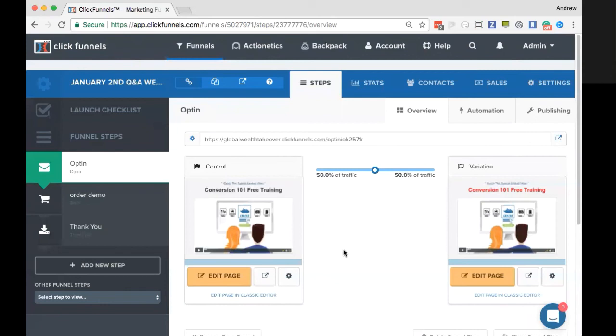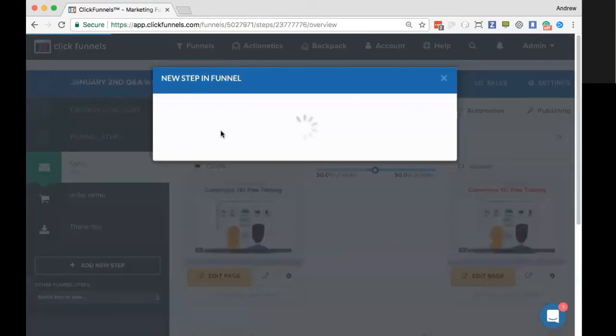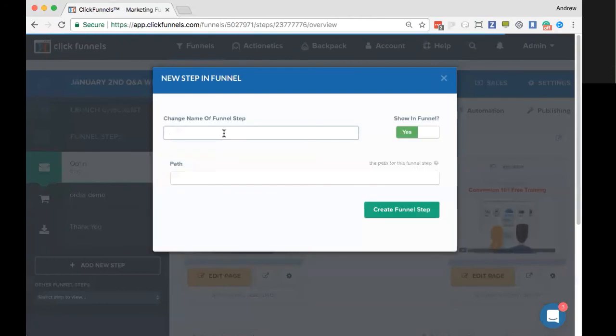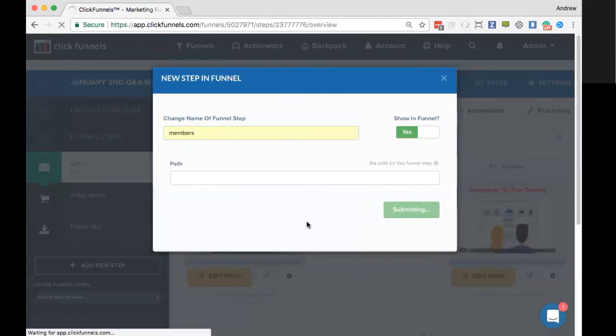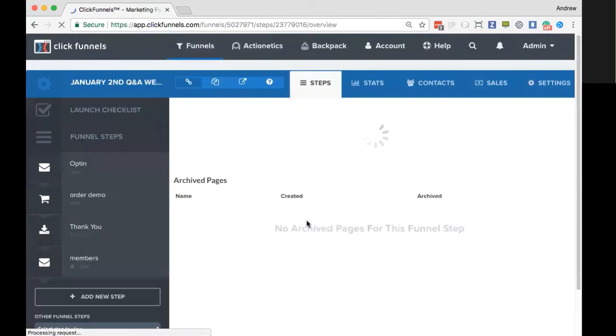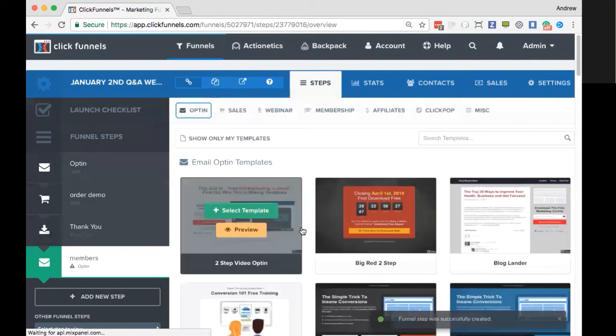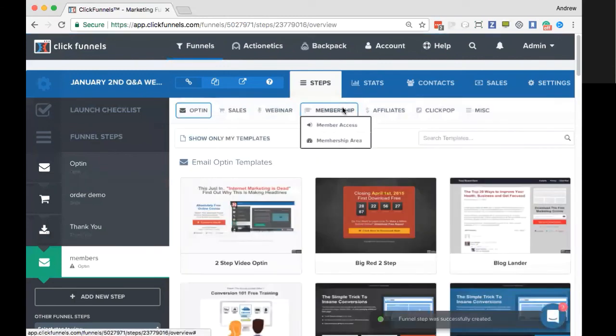If you wanted to upgrade them, my personal opinion would be to add another level in your membership area, just by creating the next step up, and then they can increase their payments. So if you go to a members area here, I'll show you how that would be set up. As far as getting their payment details, you can actually set up a one-click upsell inside of your members area where they click on that and it will charge their card.